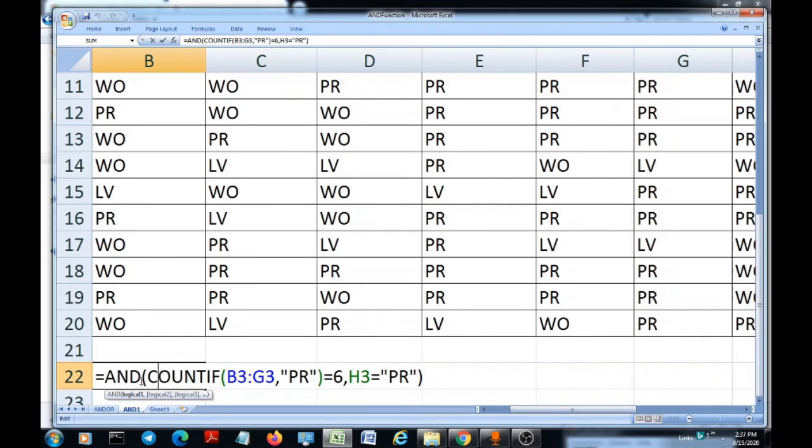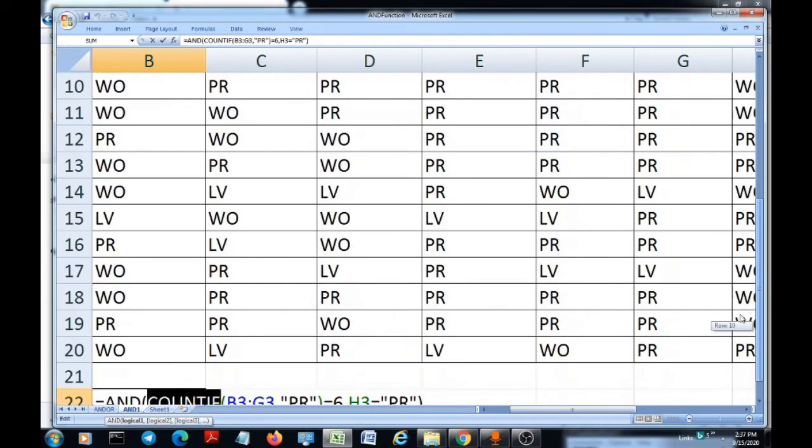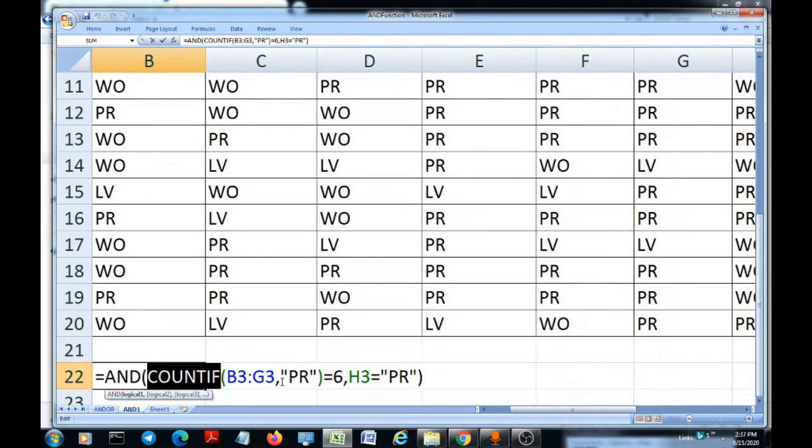So the formula, as you can see, starts with an AND function, and then it uses another function here, COUNTIF. COUNTIF on the range B3 to G3, that is attendance cell 1 to attendance cell 6. What do we want to count here?